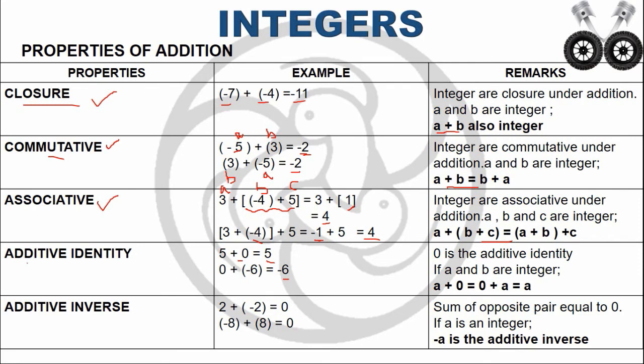Next we are going to see about the additive identity. So what is an additive identity? If I add any number to the given number, the answer should be the same number. For example, if I add 0 to the given number 5, I have to get the same number 5. So that is, 0 is the additive identity. So in general terms, I can write it as a plus 0 equal to 0 plus a. I will get the same number a. So which is the additive identity? 0 is the additive identity.